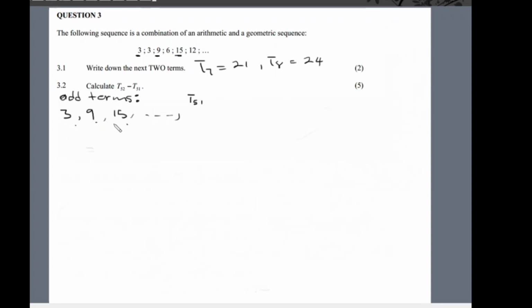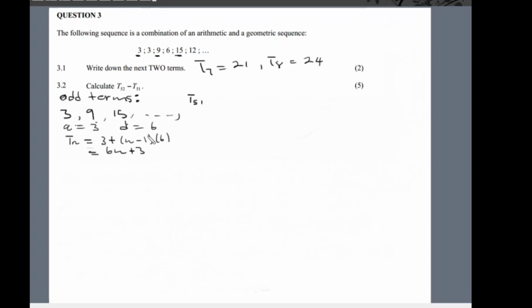So now these terms: the first term is 3, the common difference is 6, right? Therefore, when you write the formula for Tn, it is Tn equals 3 plus (n minus 1)d. So Tn equals 6n minus 6 plus 3. So Tn equals 6n plus 3,